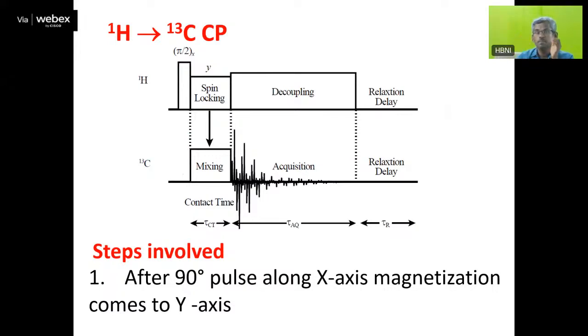The first step is to use a 90-degree pulse. Probably the 90-degree pulse and 180-degree pulse have been discussed in your previous classes. The moment you apply a 90-degree pulse along the x-axis, that is why we call it pi/2 x, this we are applying to the proton nucleus, and the magnetization of the proton